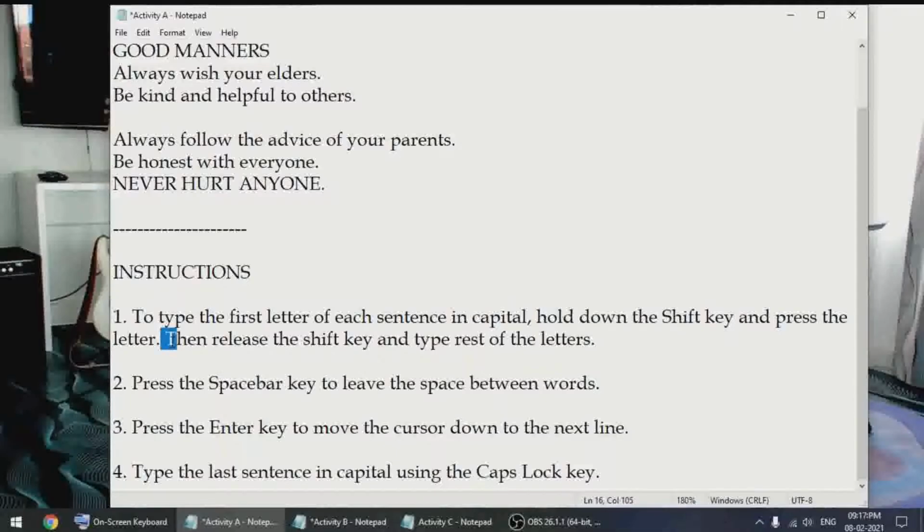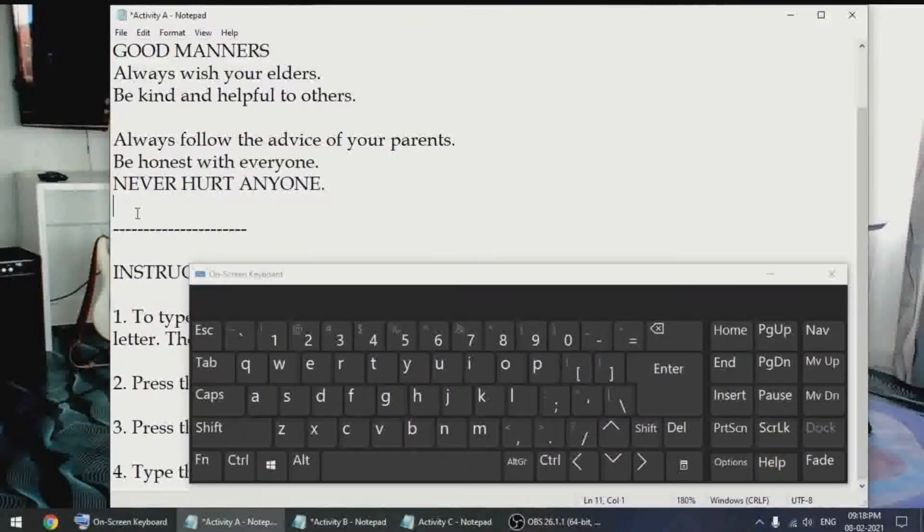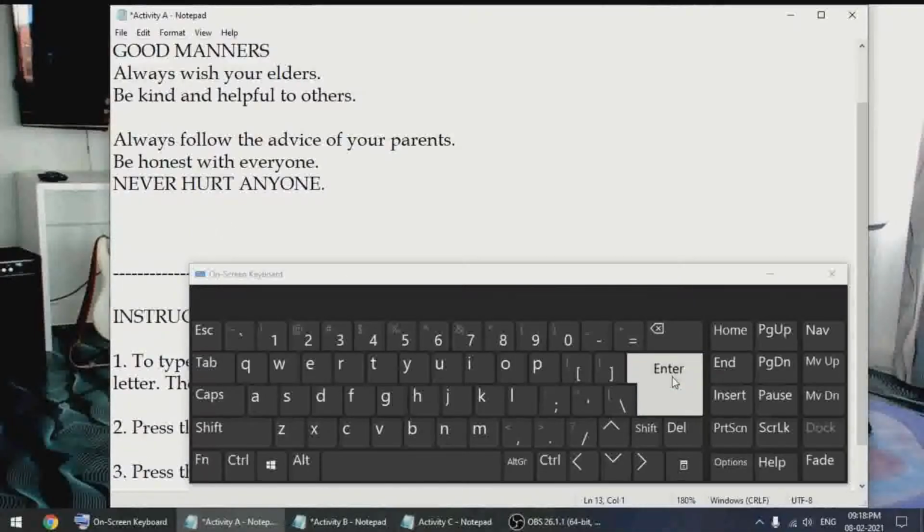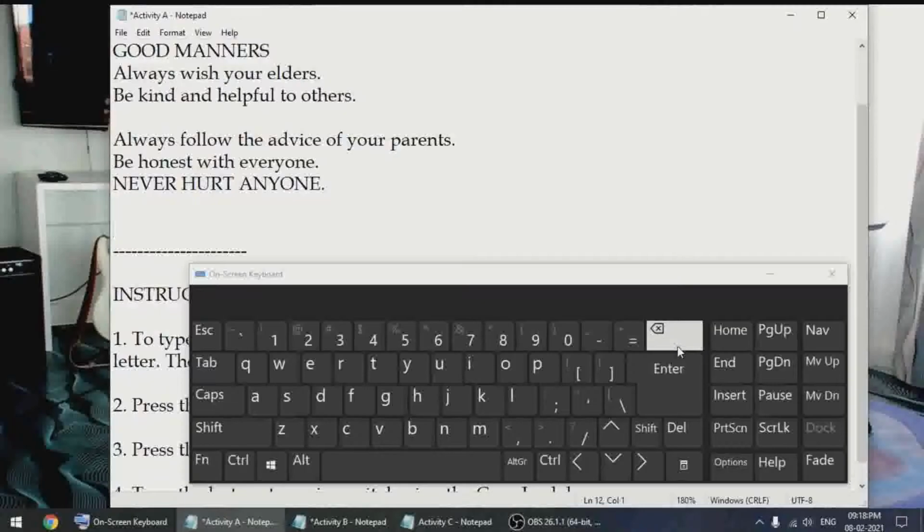Soon after this, we have the second sentence. Now next line means what? Coming from here to here. So how do we do that using a keyboard? Simply by pressing the enter key. I'll show you now itself. I'm keeping the cursor over here and I'm pressing the enter key. You can see immediately there is a line left over here. We'll try it again. So easy to understand. I'll use a backspace key and I'll remove the 2 lines.